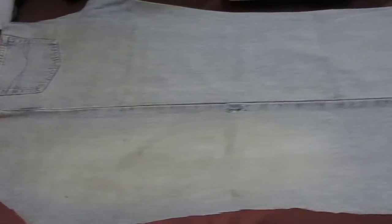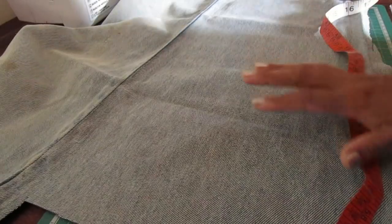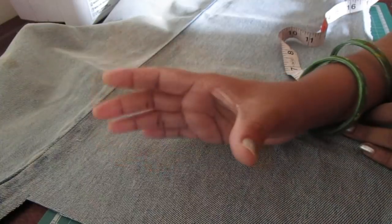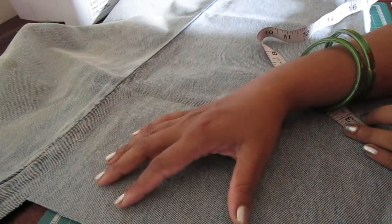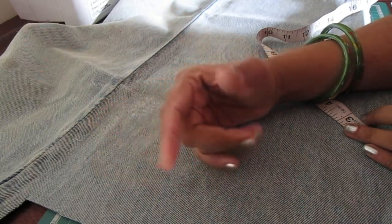So this is how my one leg piece will look, and now I'm going to cut the rest of the jeans. Now I'm going to make patches from these jeans. You have to decide how wide or long you want them. I'm making square pieces, and the width and length of these pieces would be 3.5 inches, and I'll add 1 inch more